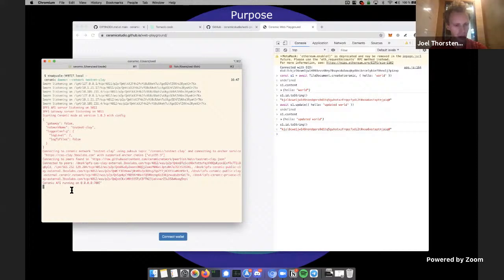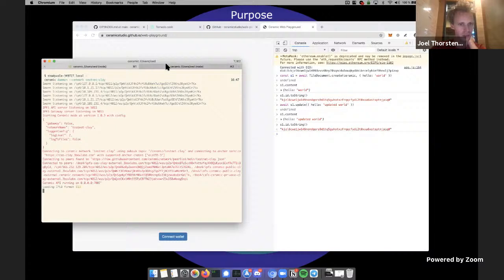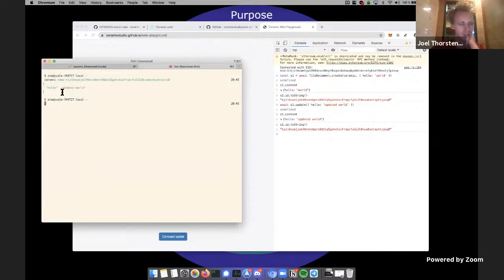You can see that now it's running here. Now I'm going to execute a command: ceramic show, and then paste this. This will load the data stream from the Ceramic network. And now you can see that I loaded the updated version of the data here.